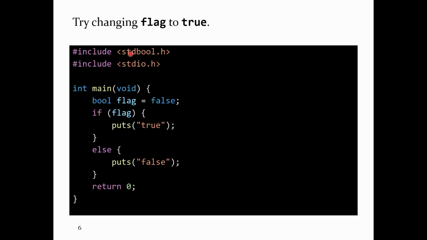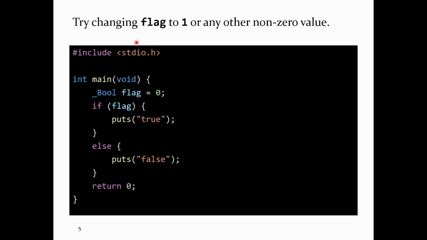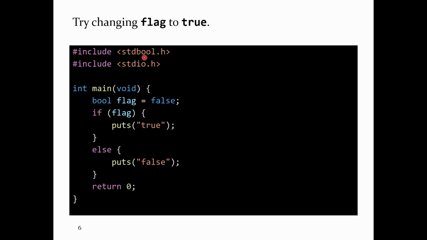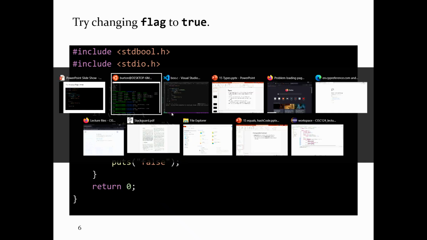Here I've included the header stdbool. As soon as you include the header stdbool, you're allowed to write little b bool and true and false. Back there, I don't include the header stdbool. If you don't include stdbool,